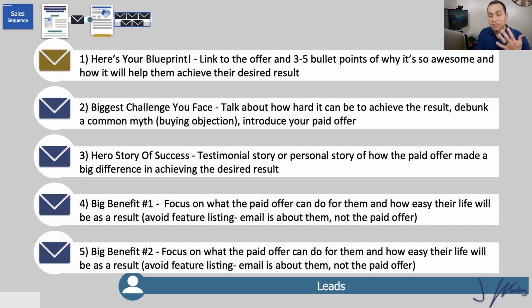Then for emails 4 and 5, this is where you're going to be a little more transparent and upfront about the fact that you're trying to sell something. You have some sort of offer that you think is going to be valuable to them. So in both of these emails, you're going to talk about the benefits of overcoming the problems and the roadblocks that you talked about in the first 2 emails. So you see how it kind of comes full circle? The first 2 emails are pretty largely negative, right? And then this is kind of the light at the end of the tunnel.